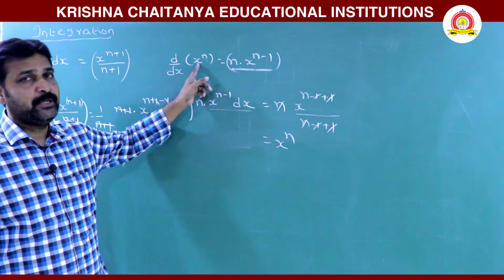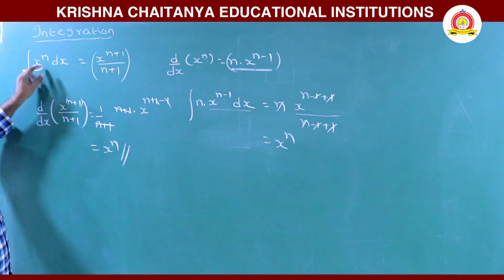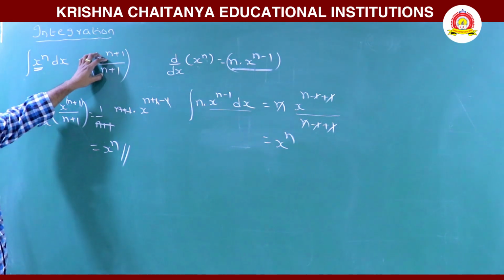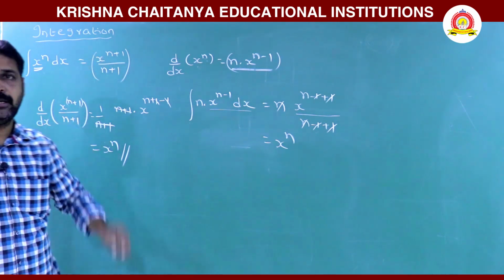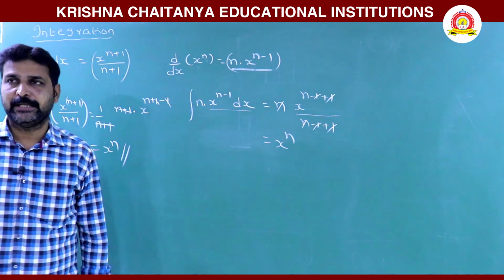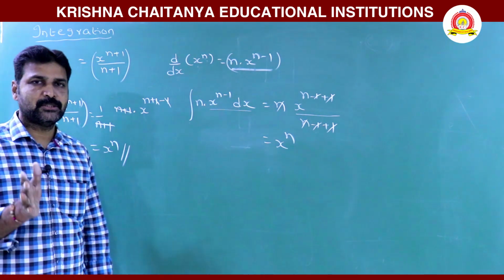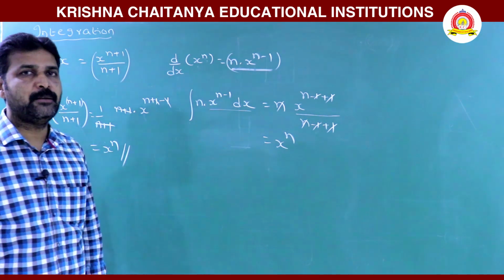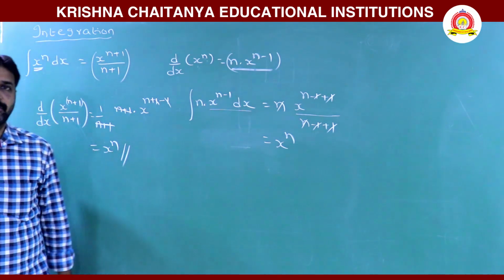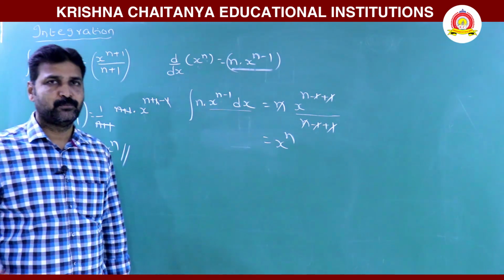You are getting x power n differentiated here. Here x power n is integrated, meaning x power n is a small value and you are getting a large value. So when small elements are given and you are asked to find a large element, integration is the process. When a large element is given and you are asked to divide it into small elements, differentiation is the process. Both processes are used when any physical quantity depends on position and time.